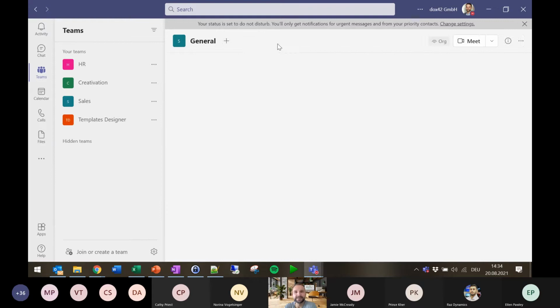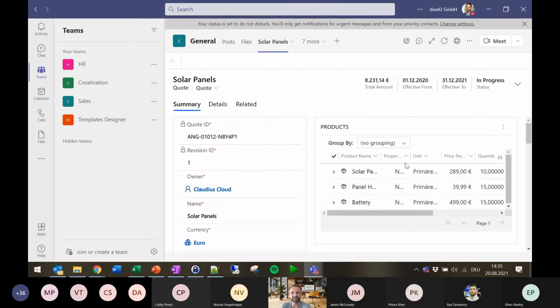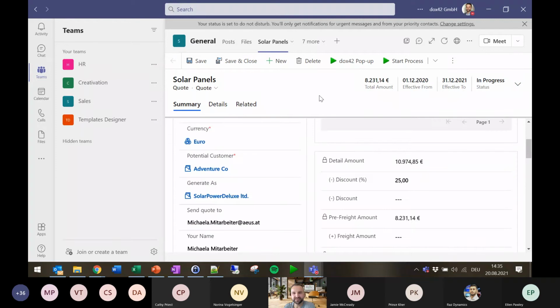And of course, since the option is also to have the solar panels as the quote itself in Teams, I could just do the adjustments here, not leave Teams, and then switch to the library and have that document again in here. And once again, thinking about the collaborative aspect of this, where many people would be working on a very big or complex quote, there you'd have that as well.